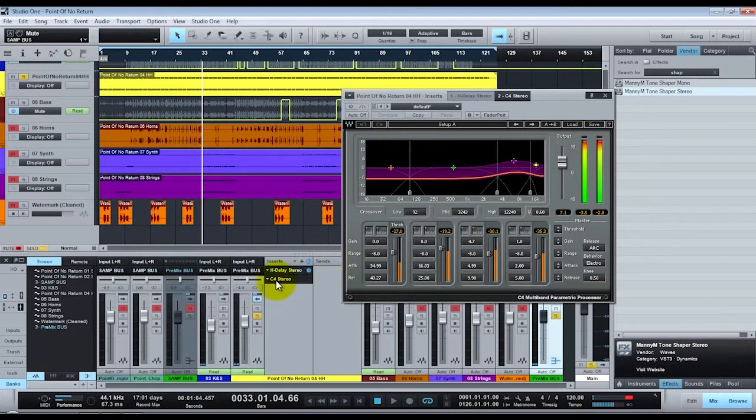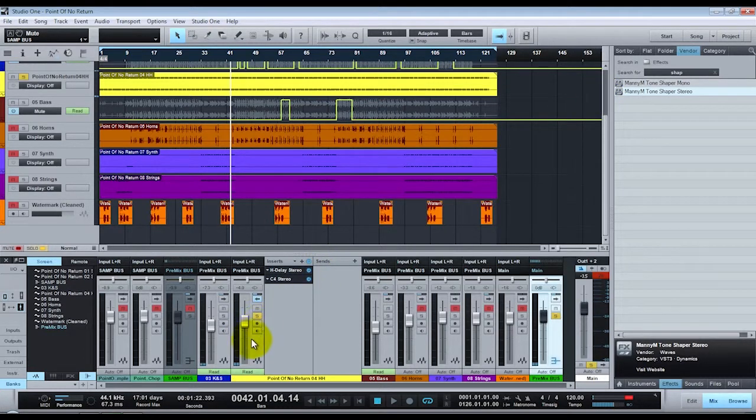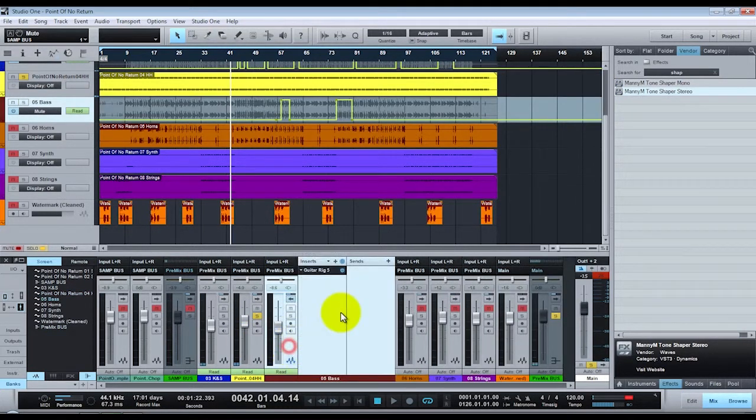And then on the C4, I wanted to emphasize the tapping sound I heard. So I boosted the frequency where it was. I like the way that sounded for the song itself. So, the bass